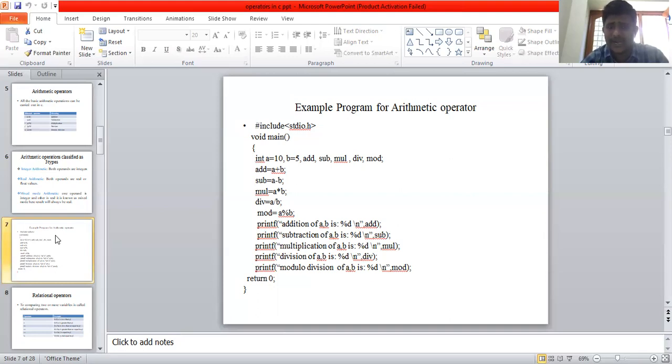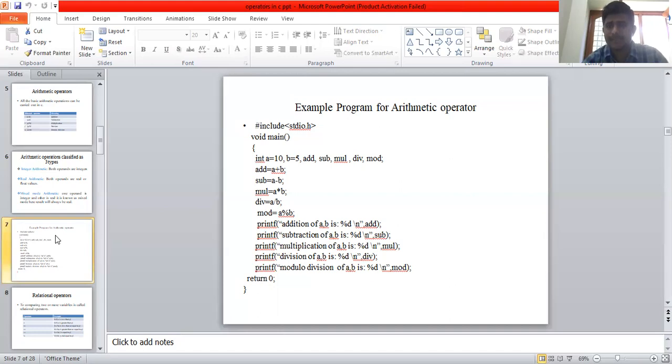Next printf statement: multiplication of a, b is 50. Next, division of a, b is 2. Printf modulo division of a, b is %d, and that output value is displayed. Return 0.